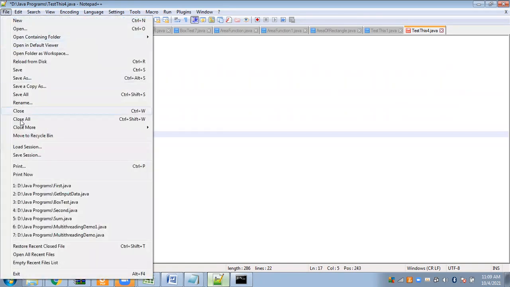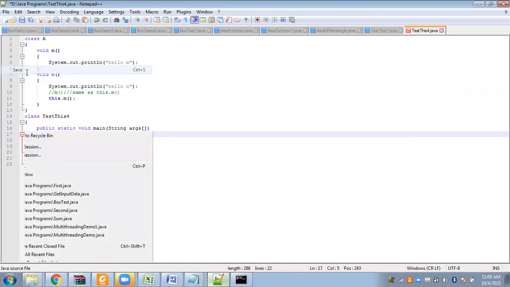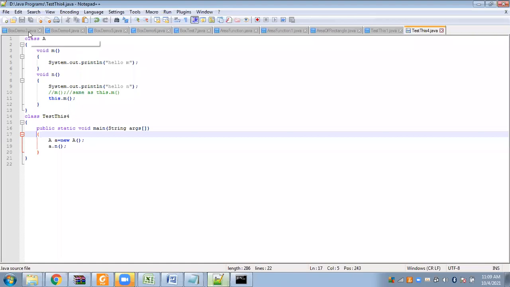See, have a look at the example. It's the same example.